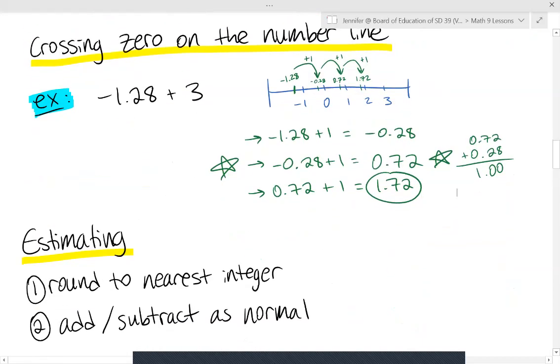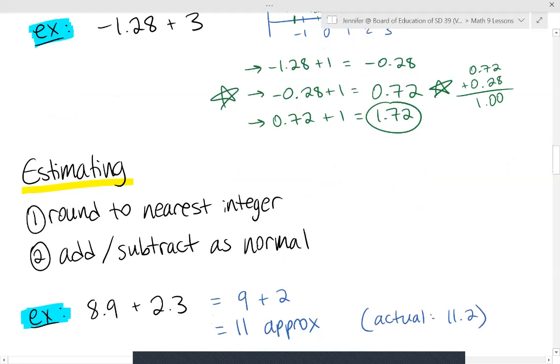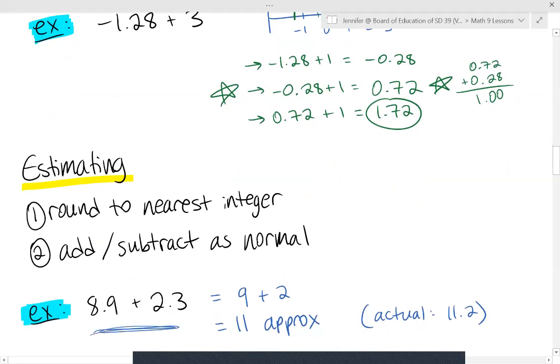Lastly, estimating is a really important skill to have, and I've written out the steps of how we can estimate when we're adding or subtracting decimal rational numbers. So first, you're going to round to the nearest integer, and then just add or subtract like normal. So example, if we had this equation here, 8.9 plus 2.3, if you weren't quite sure how to add them, if we just round both of these numbers, so round 8.9 up to 9, and round 2.3 down to 2, and then we approximate this, 9 plus 2, that's an easy calculation, it gives us 11. And the actual answer is 11.2. So it's surprisingly quite close, and it's way easier to do. So if you're ever unsure of yourself and you don't have your calculator, then try estimating. And it's also a great way to check